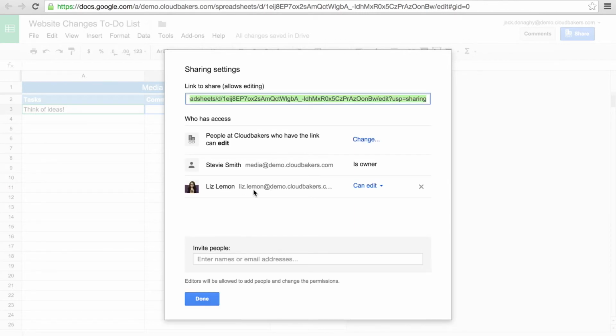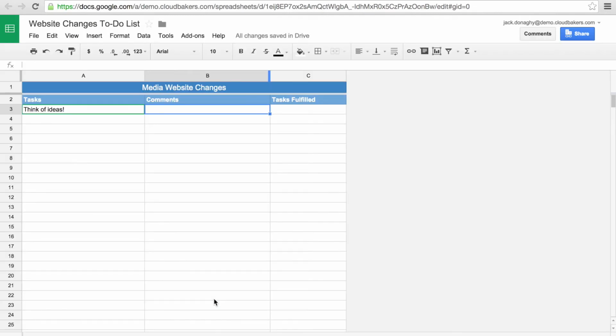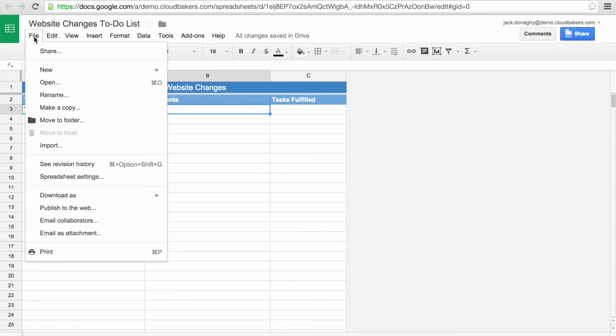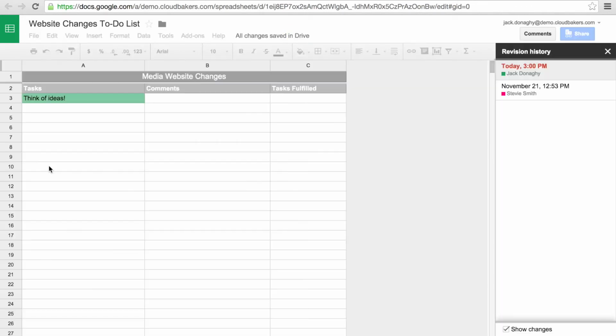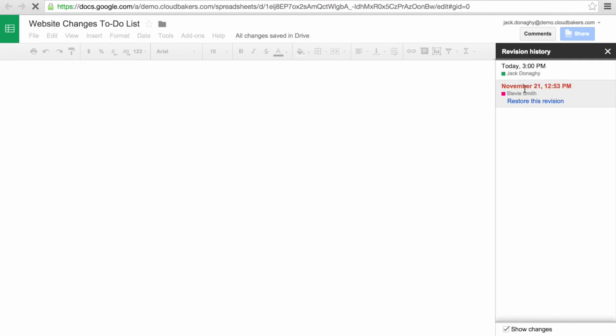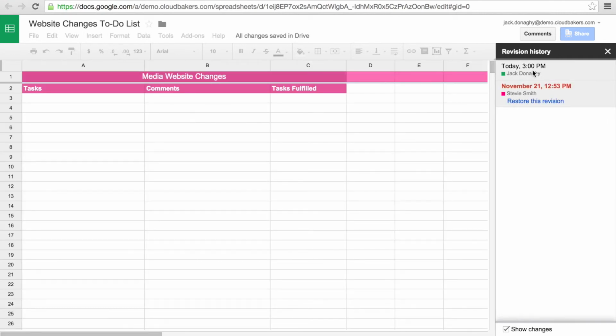The best part about collaborating in Google Apps is that there's no such thing as versions. Instead, we use one copy, and every change that is made is reflected instantaneously. You can also see these revisions after the fact by clicking on the link above the toolbar.